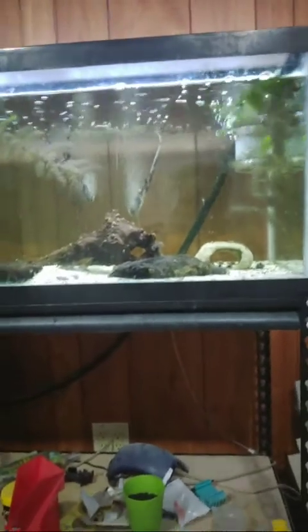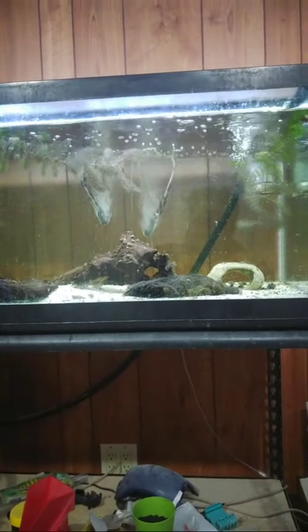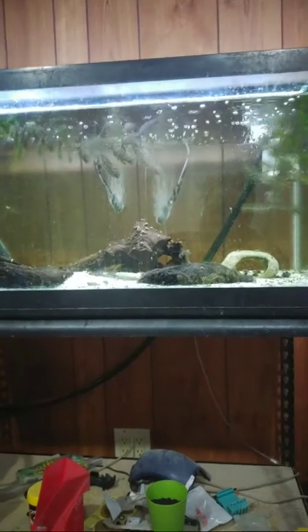Oh my gosh. I advertise everywhere I can to try and get local pickup. Free Malaysian trumpet snails. Now the stupid thing is, when I first started selling fish and shrimps and snails,